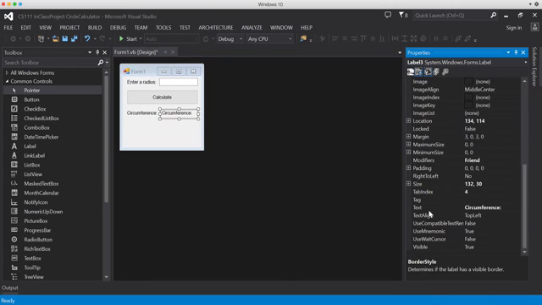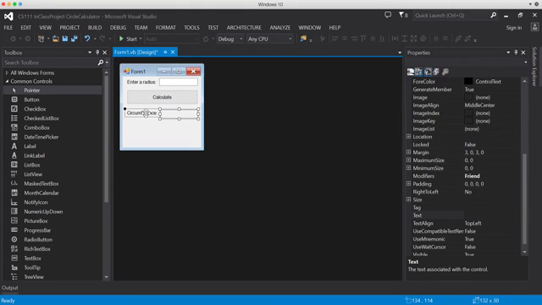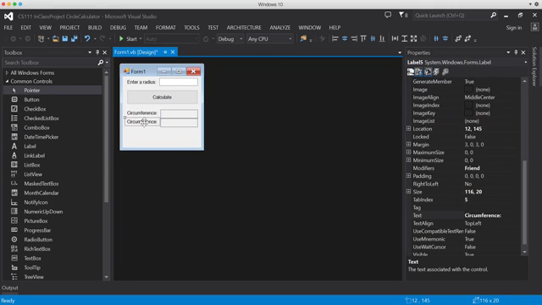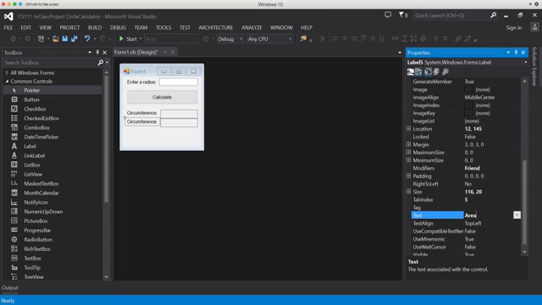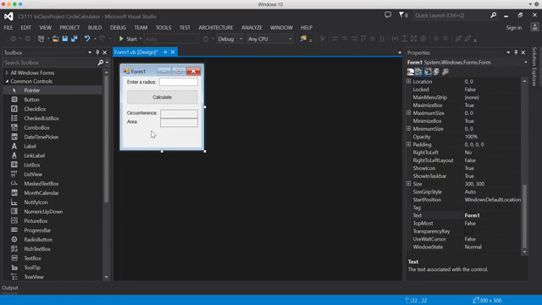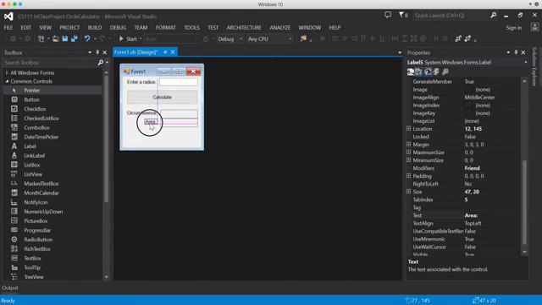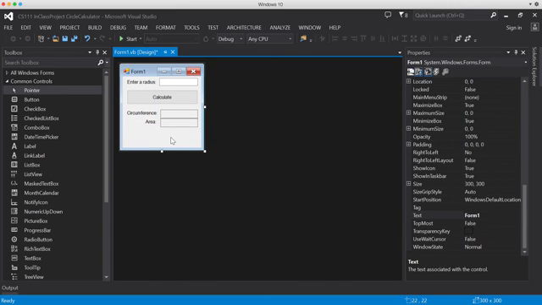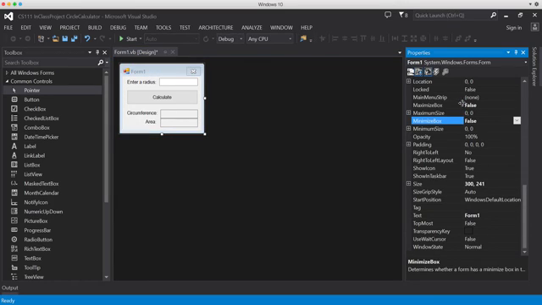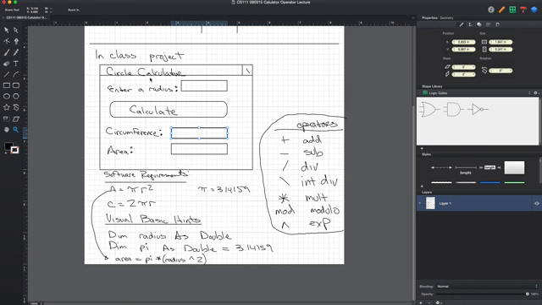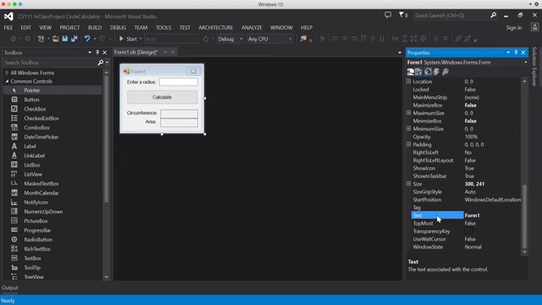Let me go to the text property, press delete. I'm going to select these two now, copy and paste, and I'll just move those like this, but this needs to be changed to area. Okay, maybe I should have the word area a little bit closer, something like that. Looks good. Let me reduce the size of the form. I'm going to get rid of the minimize and the maximize box, so I'll double click here, make those false. That's not supposed to say Form1, this is supposed to say circle calculator. So I'll go to the text property, circle